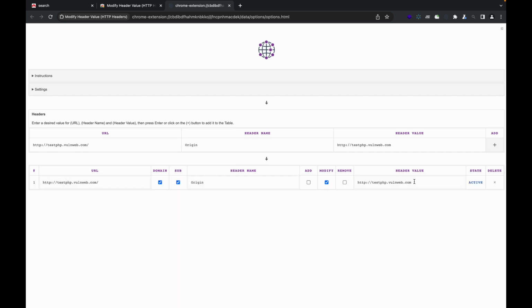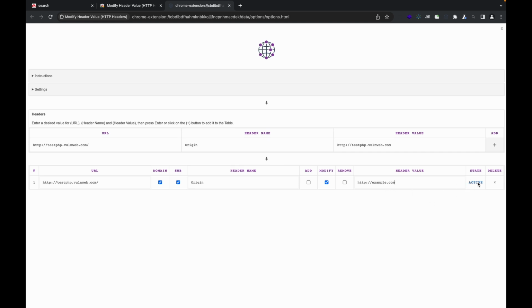So we remove this parent domain and give some random example.com. Either you can give your own controlled domain over here,